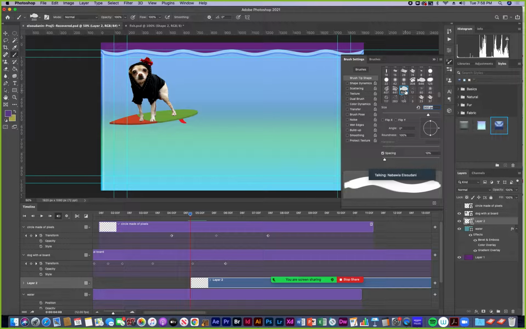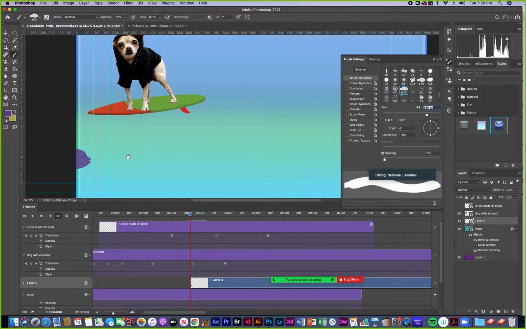We've got this fish here selected, and I can change the size with the bracket keys. Choose what size I want the fish to be, and then I have my playhead at the beginning of the blank video layer, and then I can just click to stamp the fish.